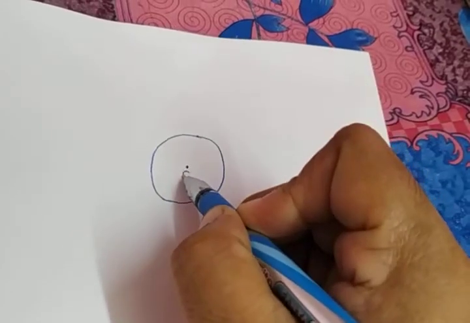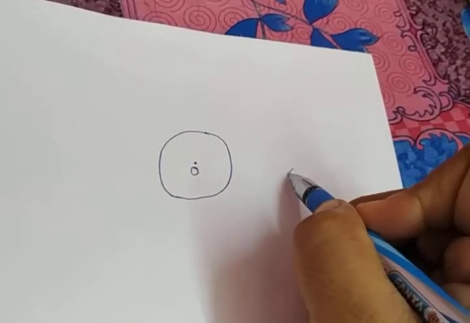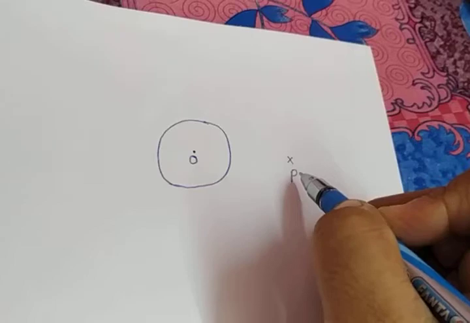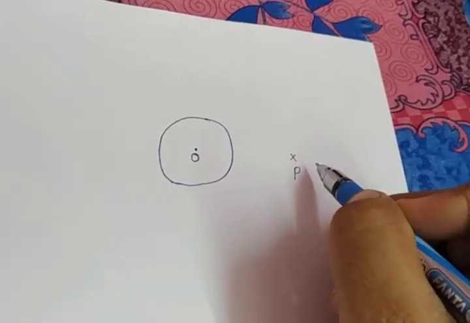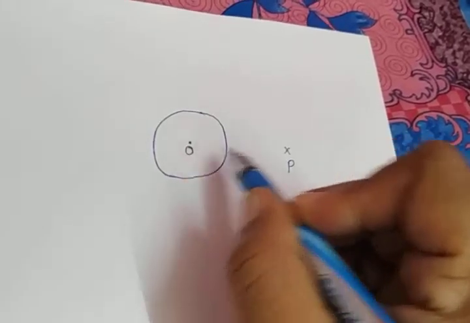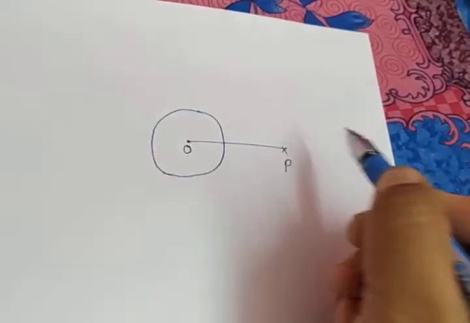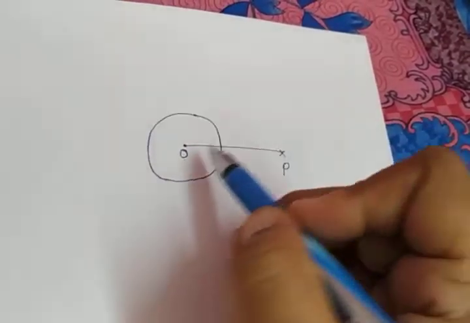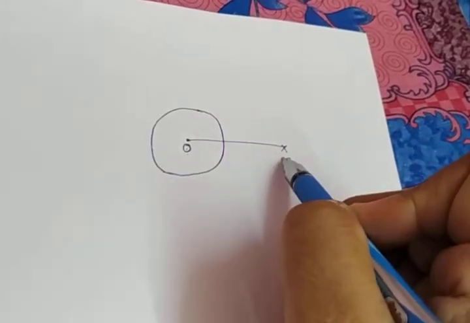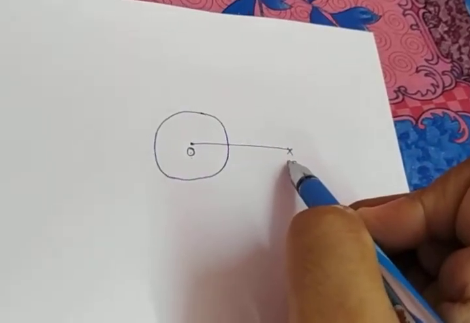So usually we will use the center as O, and we will take an external point. That too will be where there will be some condition for the external point. So if we are getting the center and the external point, the next step is to join these two. This is common for each and every question. So join the center with the external point. Then the next step is draw the perpendicular bisector.